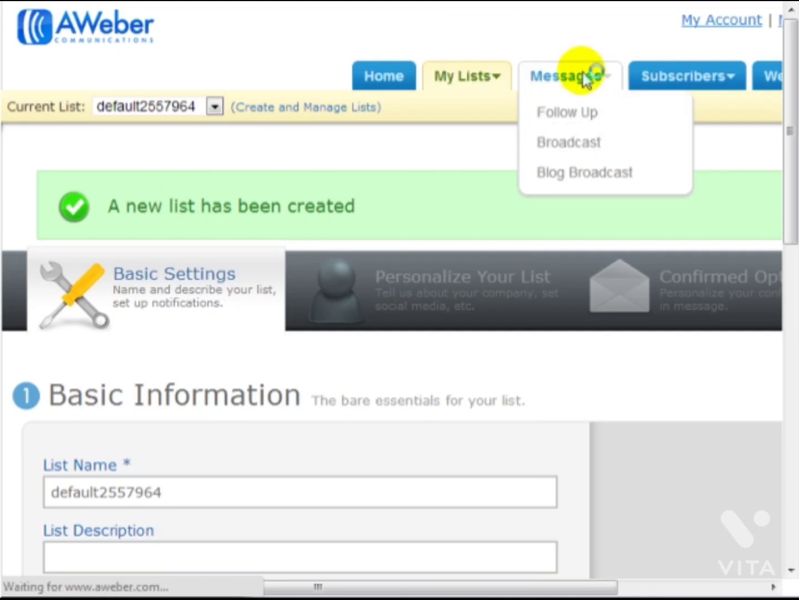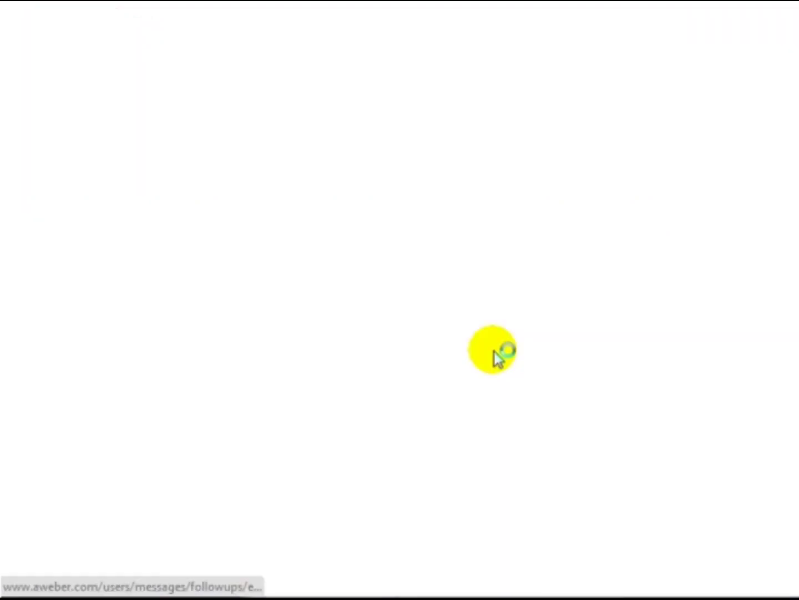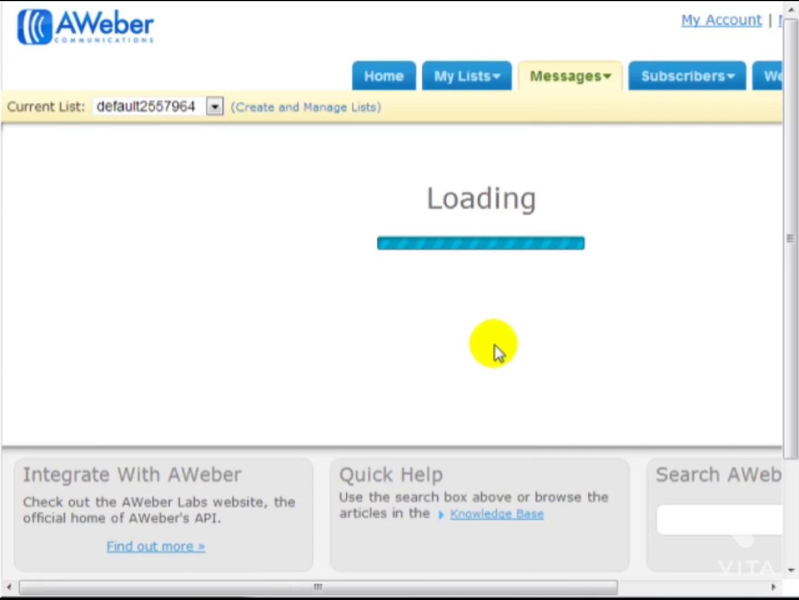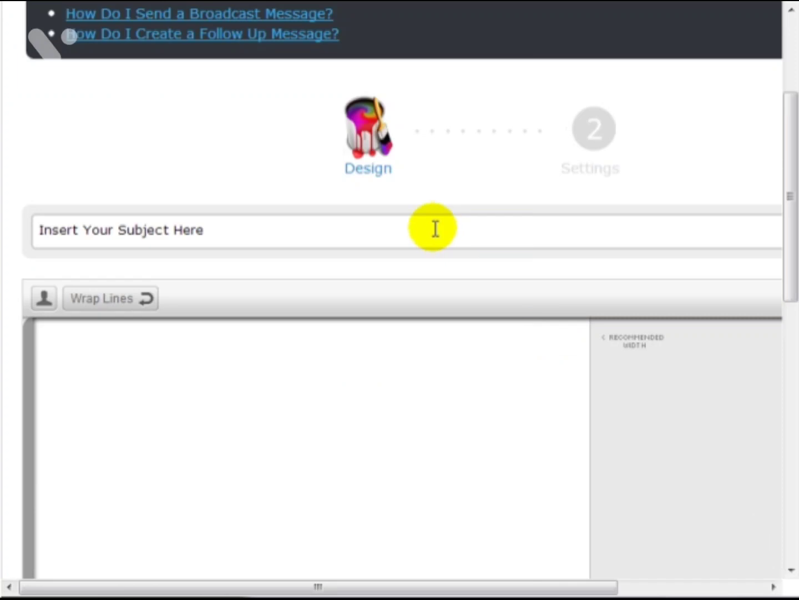And then we can begin to create our follow-up messages. So go ahead and click on New Plain Text Message. You can create HTML messages or you can create text messages. In this example, I'm going to be using text messages, which are basically just plain text. The welcome email, you probably want to say something like,